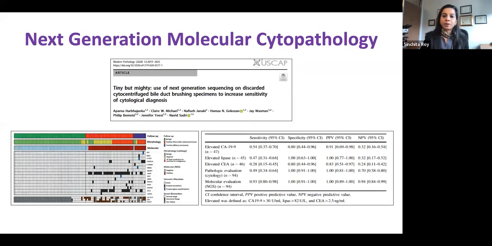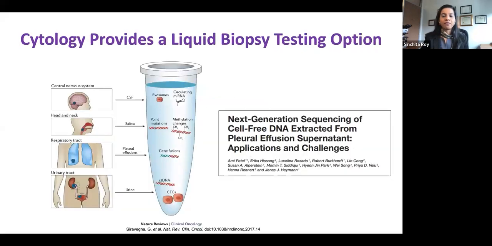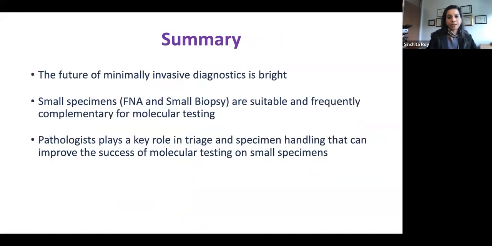And it's not just supernatants from FNAs, but they've done it in biliary brushings. People have done it from CSFs, fluids, effusion specimens, urine specimens. And so there is this whole new world of liquid biopsies using cytology specimens. And again, this beautiful publication from Cornell talks about some of these applications and the challenges that you have with these new substrates for liquid biopsies.